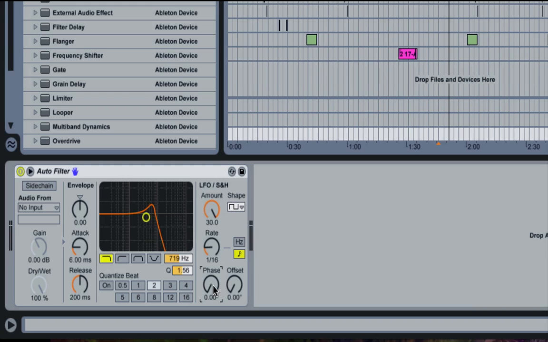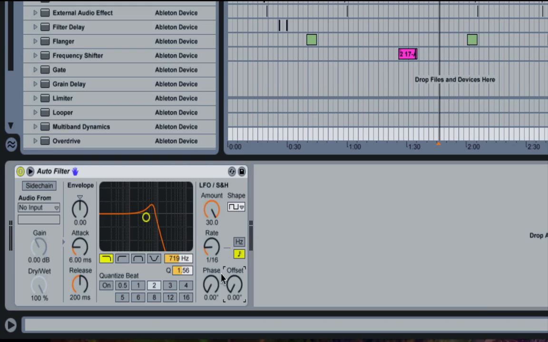And then phase and offset, I guess, is relating to that low frequency that it's meshing with. I think the offset relates to where it starts in the wave as to how it moves with the music. Well, that actually sounds to me like it's offsetting both speakers. So the left speaker and the right speaker are sounding slightly different. Actually, that's the phase doing that. No, I was right, the offset is